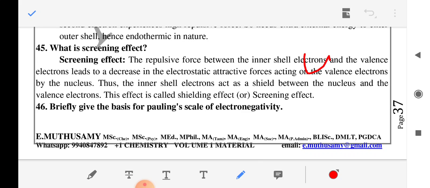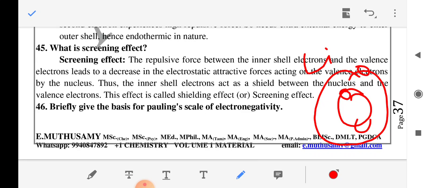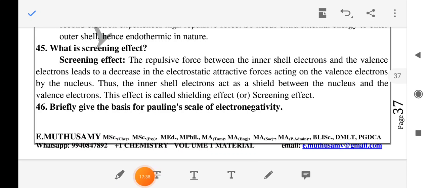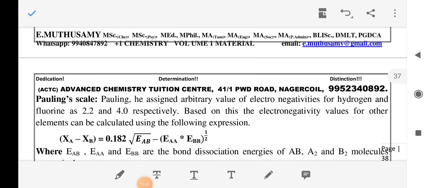In lithium, the inner shell contains 2 electrons and the outer shell contains 1 electron. So the inner shell electrons act as a shield between the nucleus and the valence electron. This effect is called the shielding effect or screening effect. The next question is